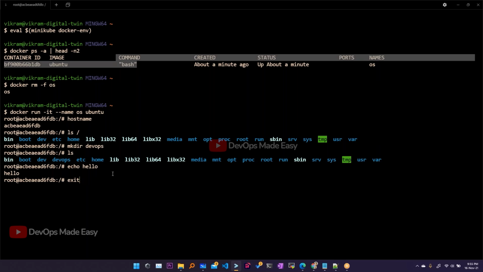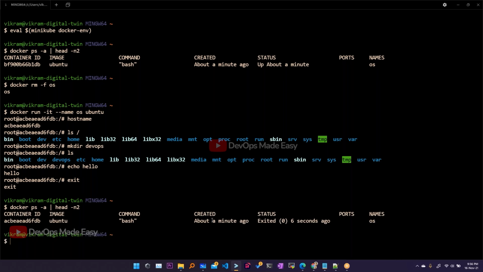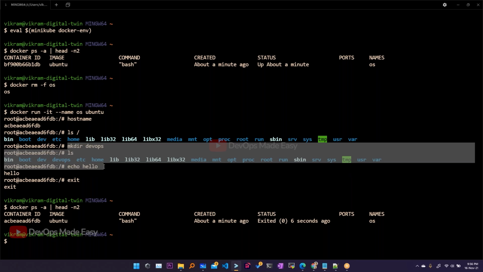Understood, guys? Would the directory be saved, or would it just be deleted when the container is deleted? You know how you said you made a folder named DevOps? It will be deleted, right, when the container gets deleted? Yeah, it gets deleted exactly. So if you do exit, the container won't be deleted as of now, because the container is in the stopped state. It is in exited state, but it is not deleted yet. But once you use the docker rm command to delete, the container will be deleted, taking down all the contents with it.